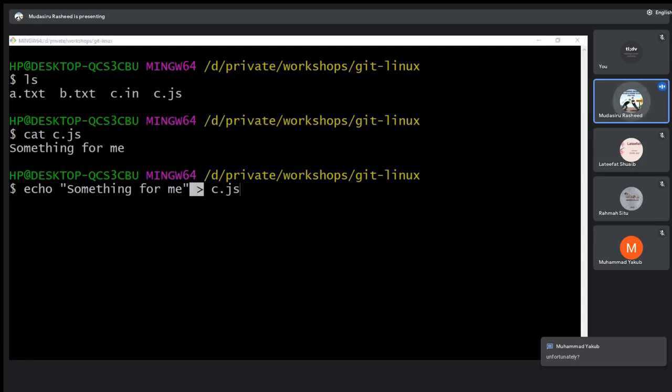But if you add greater than to it, then you'll be able to write the string you added to it to another file. That's advanced level, but basically let's just take it as small like that. I think that makes sense for us.